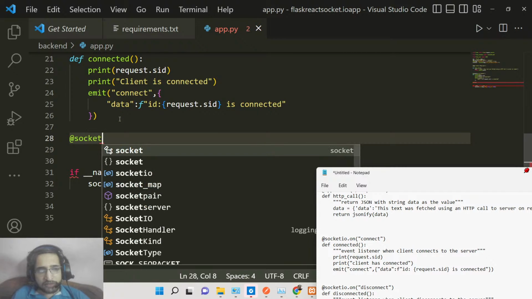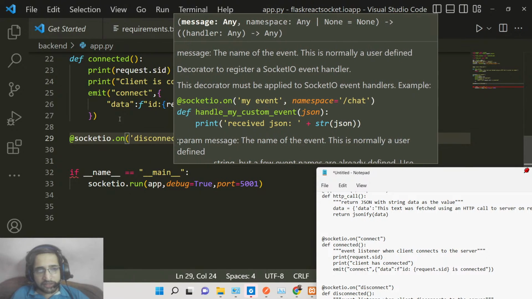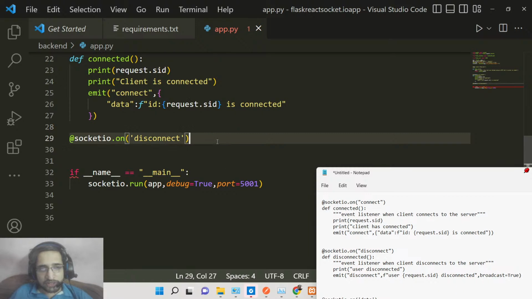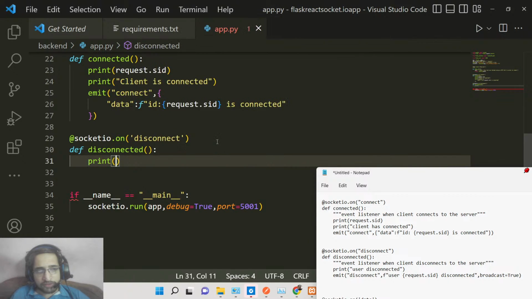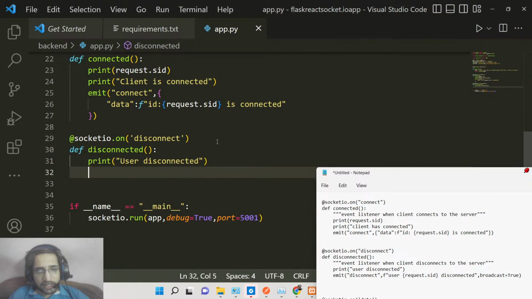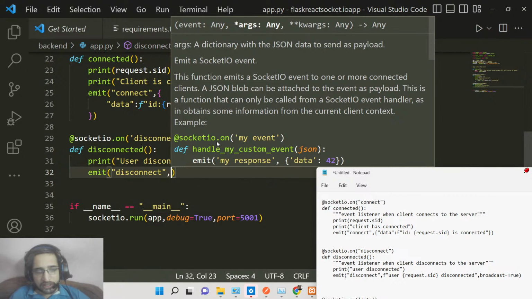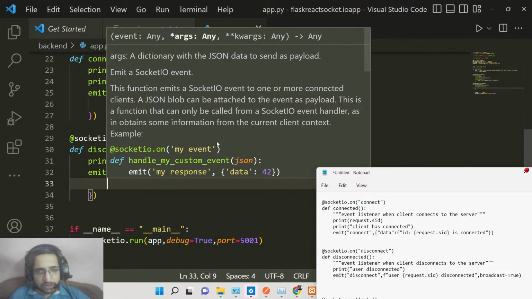So you can see we have bound this connect event here, socket.io, and then we will be binding another event, guys, which will be socket.io, and this will be for the disconnect. Whenever someone disconnects from the real-time chatting application, we will be listening for this event, and here we will be defining a function disconnected, and inside this we will simply print a message that user disconnected, and also we will be emitting an event which will be called disconnect,